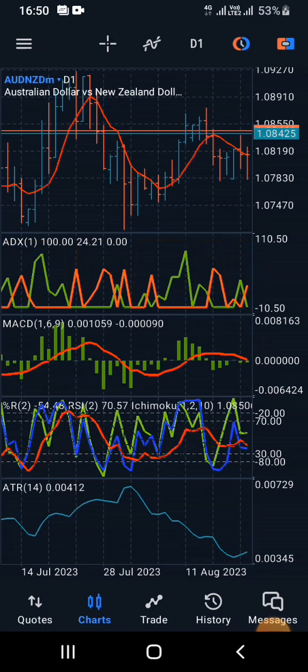So we are focused on statistical tools like these indicators. So we trade the market using indicators. And so for our technical analysis, we'll be looking at the basic indicators that come with the MT4 platform. Since we are in the mobile app, there's no room to add customized indicators. So my aim in this video is to show you how you can use the